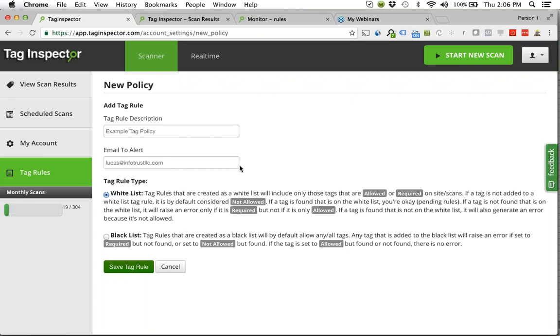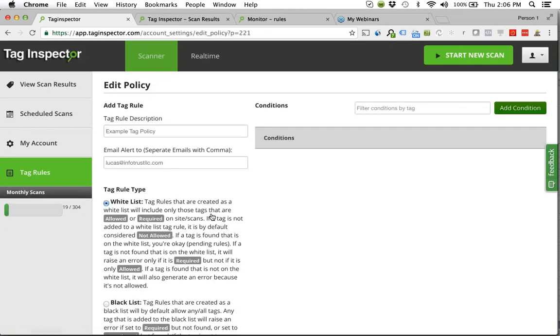For the purpose of this training, I'm just going to use a whitelist rule because we can apply all the different options within there. So I'll save that rule, and then it's going to bring me into where I can actually edit and create that policy. To add additional conditions or requirements within the rule, I'm going to come up here and use the add conditions button, and it will